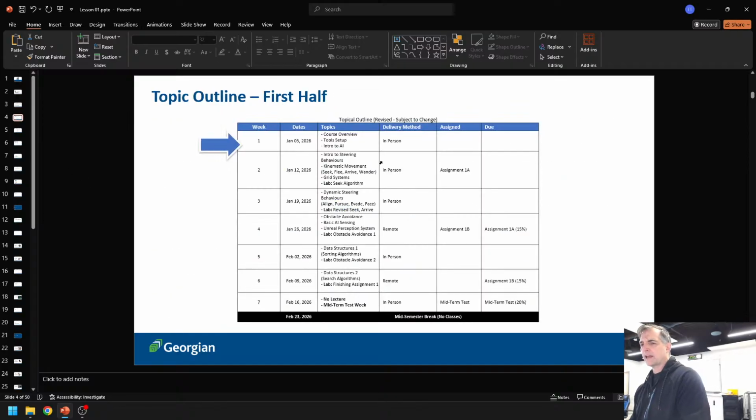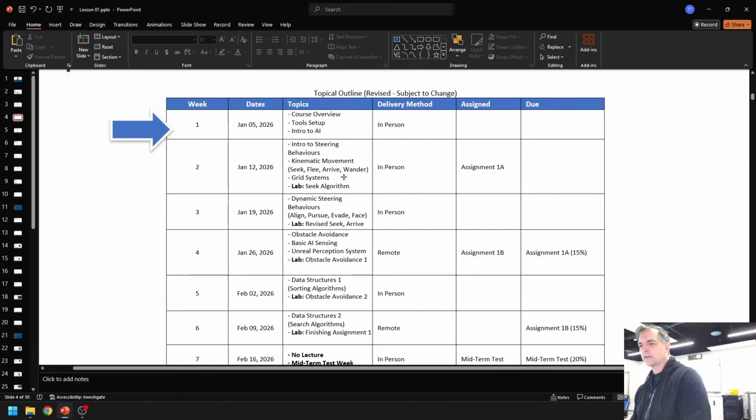Starting off this week, again, it's a bit of tool setup if you need it. But next week is where the real fun starts. We get into steering behaviors. We talk about kinematic movement, seek, flee, arrive, and wander behaviors is what those are. We'll talk about,